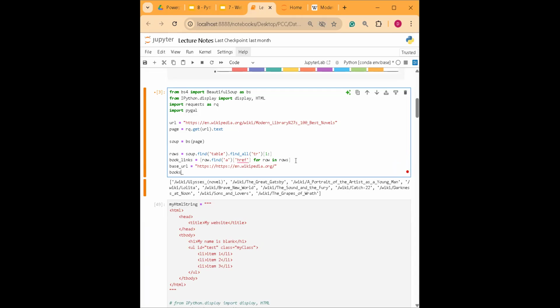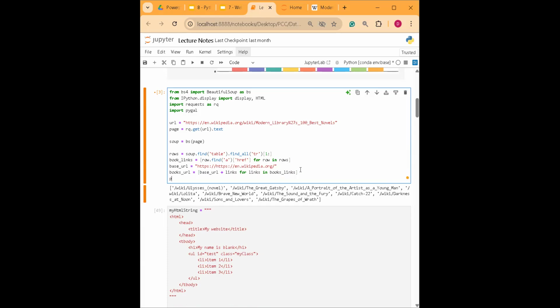So books URL, right? We're gonna loop again for links in books links. We're looping through each one. And then what are we gonna do for each link? We're gonna add the base URL directly to each link because they are text. They'll just be concatenated, right? And if you take a look at this, if you print this books URL,